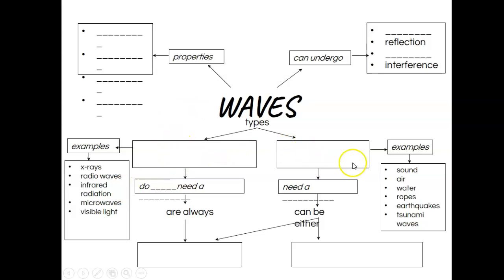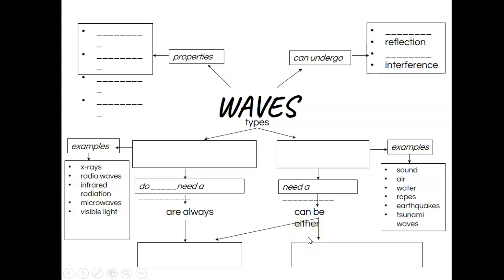If we come over to these types of waves and we look at these waves, what can we refer to those as? That is correct. These are mechanical waves. Electromagnetic waves do not need a medium. Very good. They do not need a medium. Mechanical waves need a medium. Again, a medium is a material or the matter through which to pass. Electromagnetic waves are always, what goes here? Great job. Mechanical waves can be either,